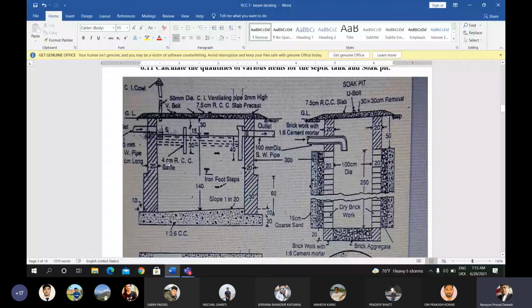This septic tank has 2 chambers. This is the inlet, this is the first chamber, and beyond this is the baffle wall. The baffle wall is nothing but a curtain wall. पर्दा जस्तो वाललाई हामी के भन्छौँ? Baffle wall भन्छौँ है। यो baffle wall को तलपट्टि खाली छ।